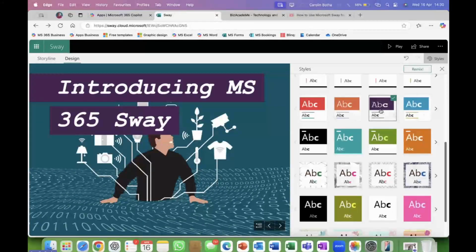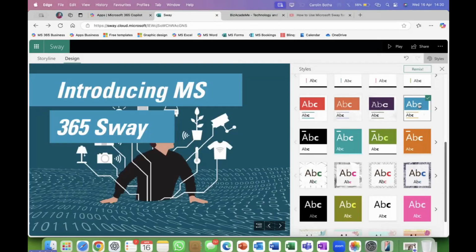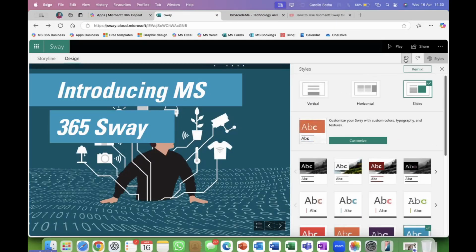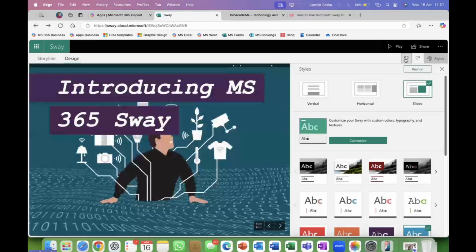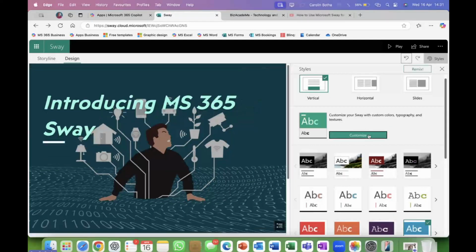Immediately it changes it. Ooh, and also it changes the actual font automatically. When we choose the more orangey one, that is what it will look like. And we choose this one, that is what it will look like. And so you can just go undo, undo, undo to just go back to the default. There you go. Or you can customize.